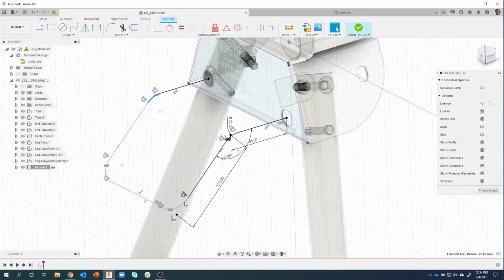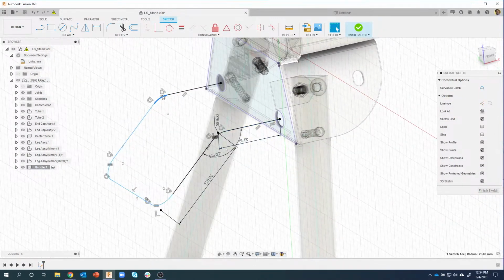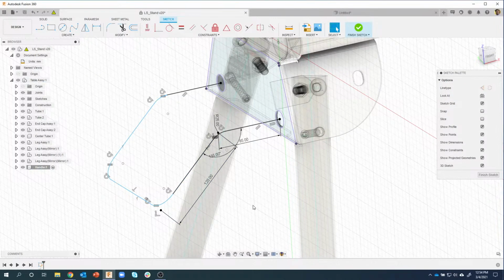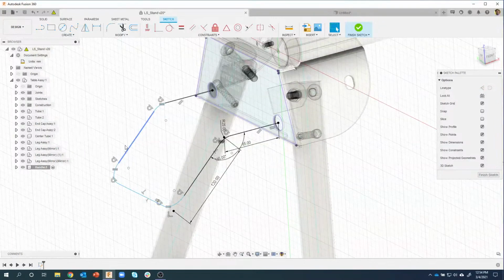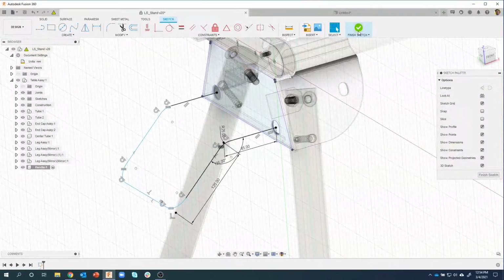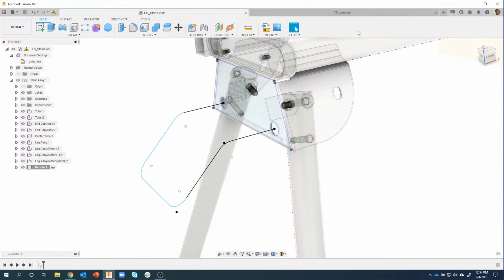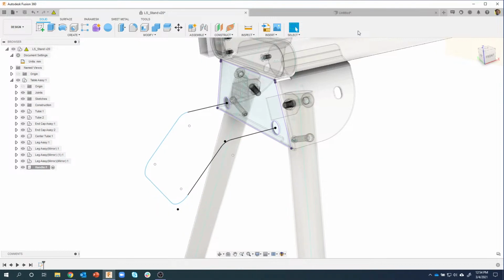So I basically tell myself, if it was fully constrained, it's going to be fully constrained, and just by adding the fillets, it shouldn't change anything. So I'm going to say this is okay. I'll say finish my sketch,